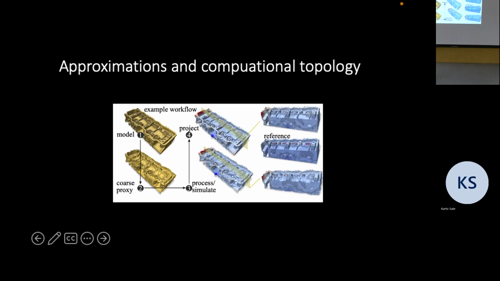So in this case, we would specify we want to preserve this band of the eigenspace. So we know that the eigenvectors corresponding to the low eigenvalues of the Laplacian keep topology. So we give it as one of the input considerations to coarsen while preserving that part of the eigenspace, that green shaded area that I showed. And because of that, when you run your simulation, it's still high fidelity because it takes into account all the holes in the engine.